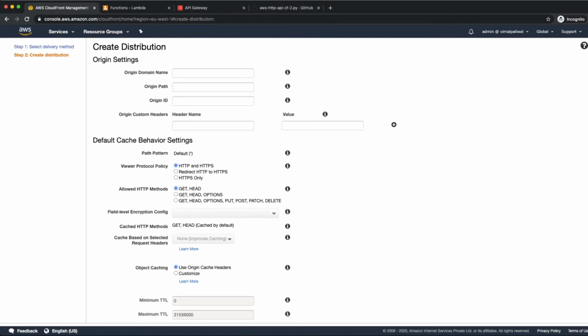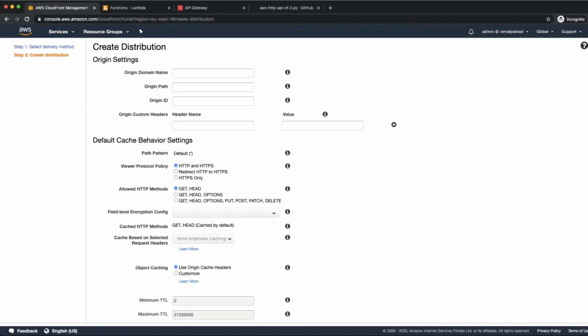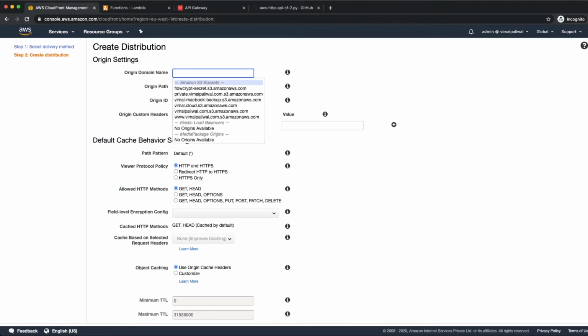Now within the origin domain name, we need to provide our HTTP API gateway domain name. So switch back to that tab and copy this URL once again and paste it under origin domain name. Now, while we paste it, make sure you remove this demo / in the end, and from the beginning, you need to remove